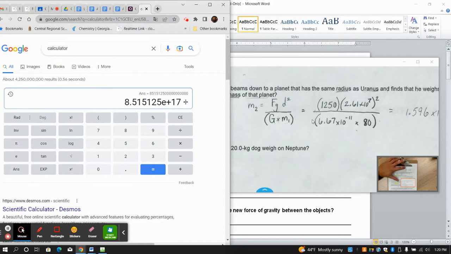Remember how I said we want this whole bottom piece in the same parentheses. So this 6.67 exponent negative 11 times 80, close your bracket, and this gave us an answer of 5.957 and so on, times 10 to the